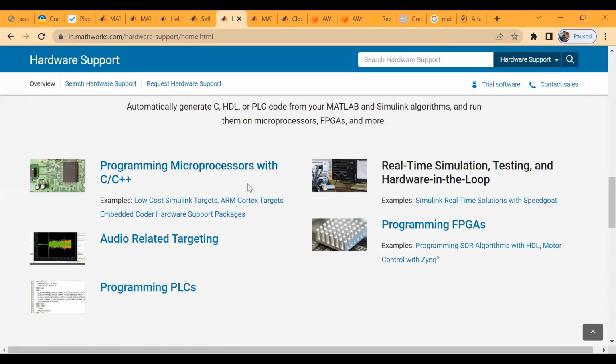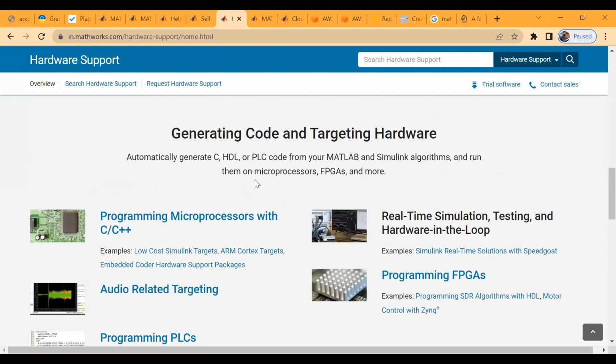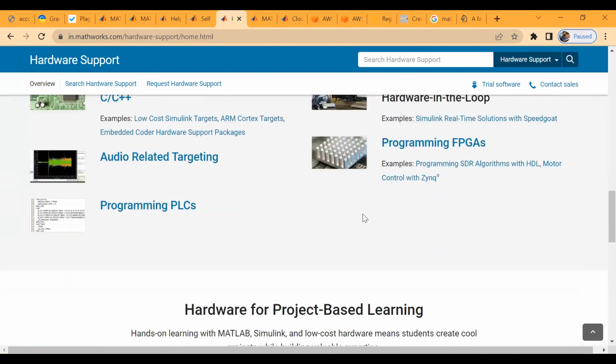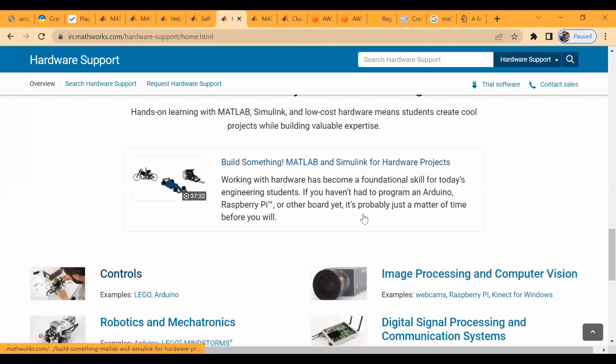Here some more examples are given, and then as I already told you, you can automatically generate your C codes, HDL codes, or PLC codes. You might have heard the word PLC, programmable logic controller. Okay, hardware description language. All these codes can be generated from MATLAB. Okay, and then you can use those programs for programming your microprocessors, FPGAs, and more. Okay, so